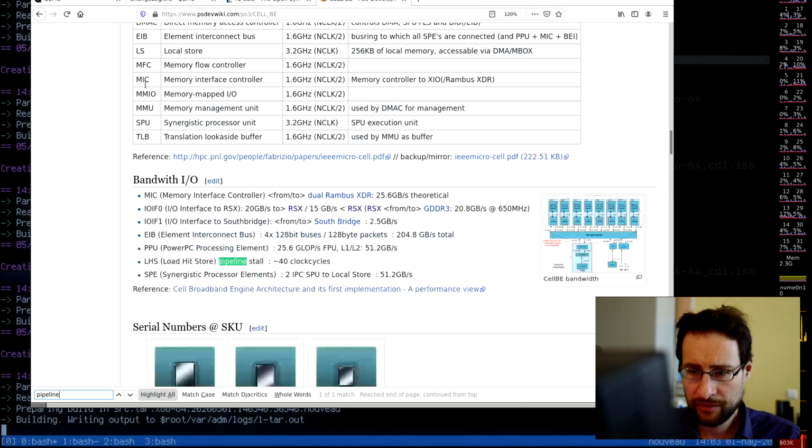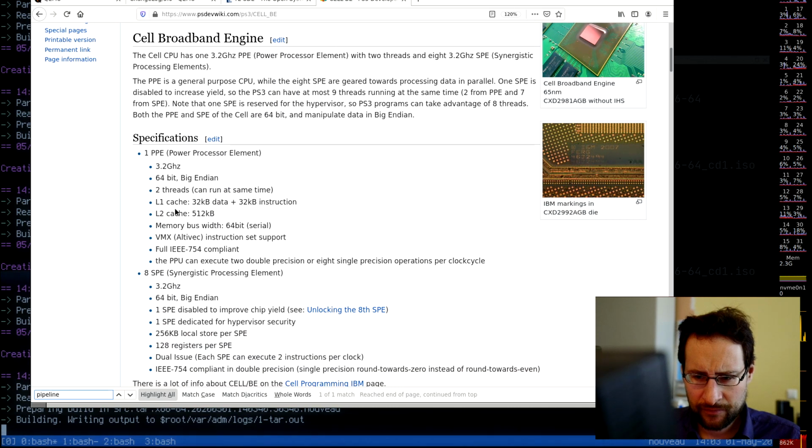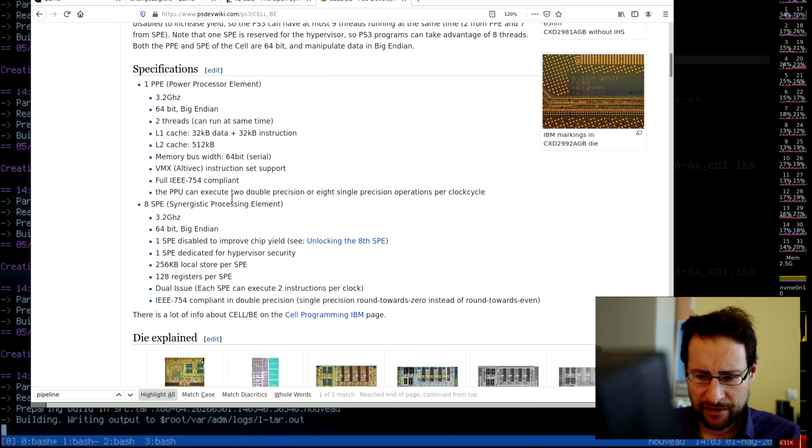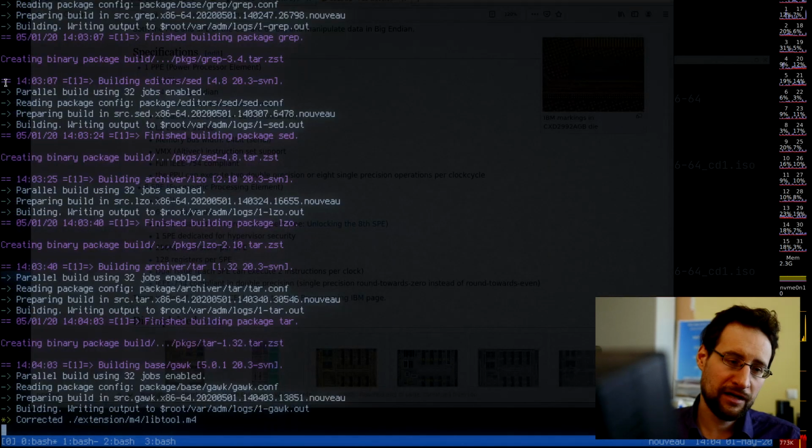Why do they not have pipeline length here? That is hilarious. Yeah, 2 threads, but not 2 cores. It's hyper-threaded and whatever. So what I wanted to say is even the performance, you have seen this compiling your